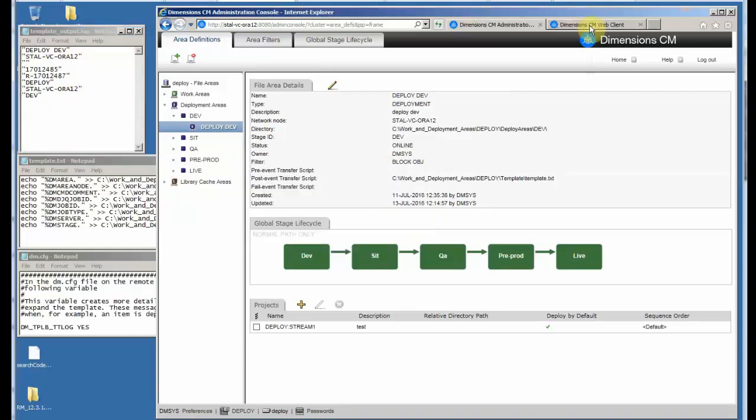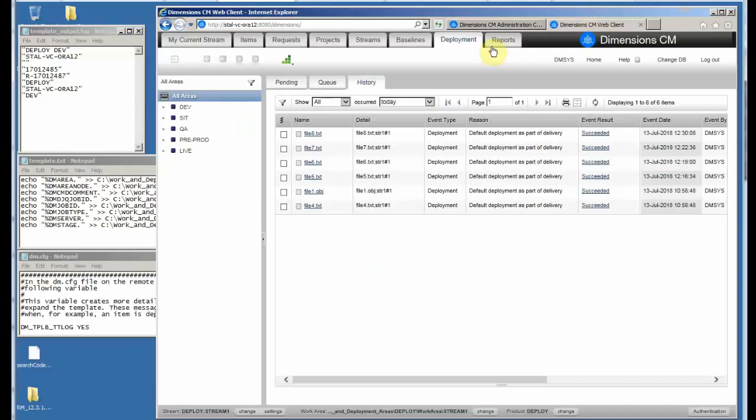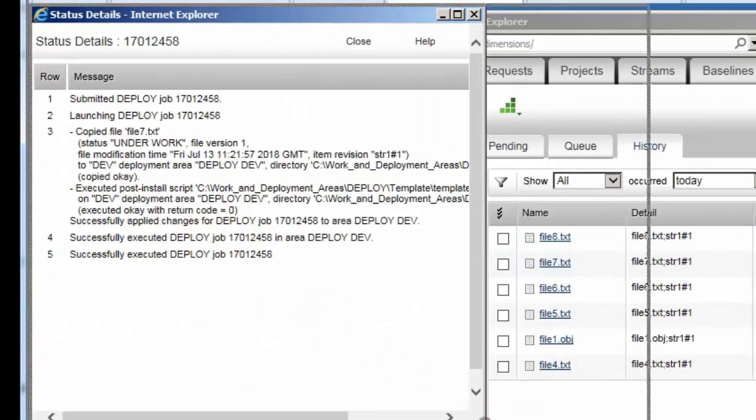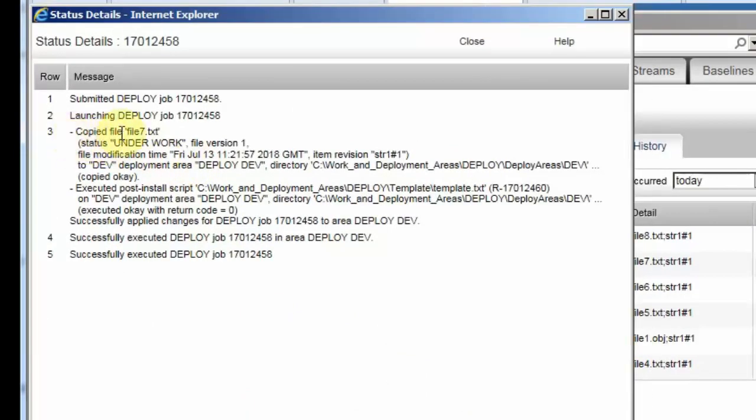Now, if we look in the web client at the deployment tab for the result of the deployment, you can see all the details of the job. You can see that the file was copied to the deployment area, but then you can also see in this case that there was a post-install script that was executed, which is all very good and executed okay with the return code 0. Now you can introduce some more detail into this output, which makes debugging of some complex templates